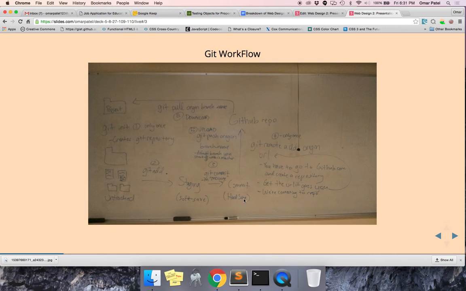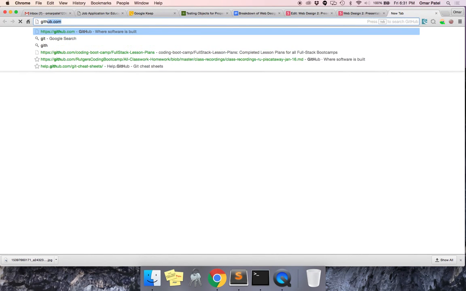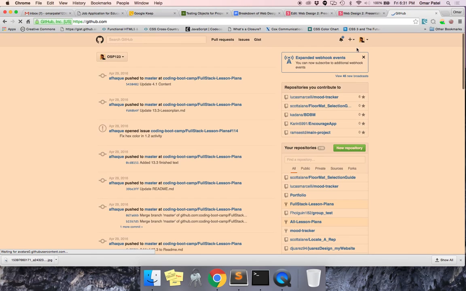Okay, so once you have that, then you're going to push up to your GitHub repository. You want to make sure that you have a GitHub repository set up. So when you go to github.com, you make sure that you created a repository. So you went here,